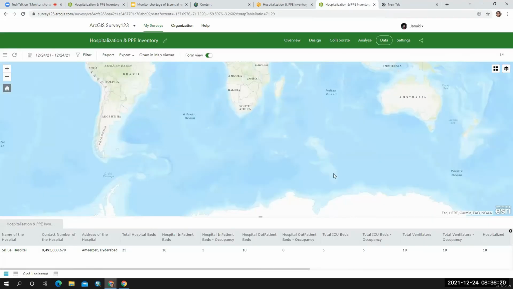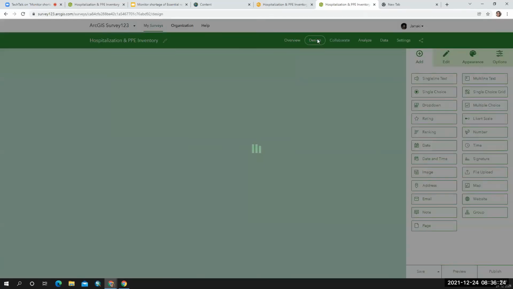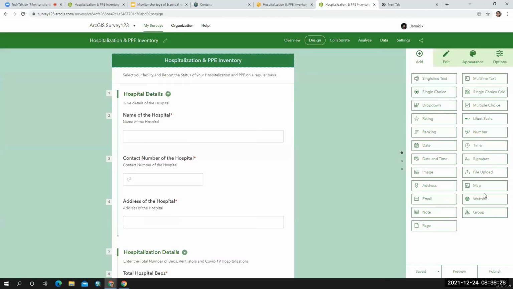Can you all fill in the data, please? We'll add location also.